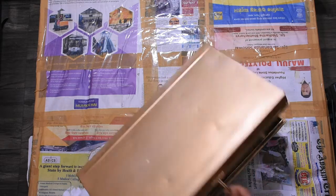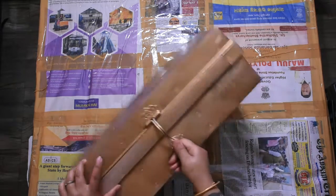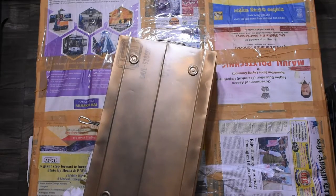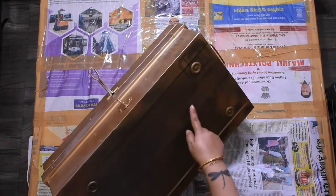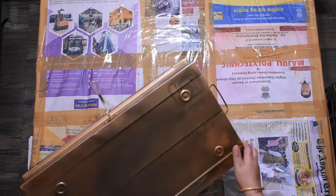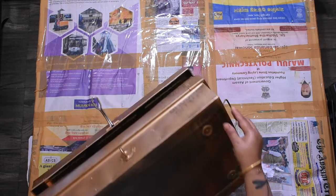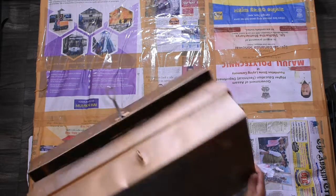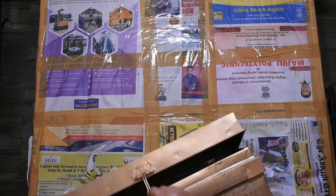So I wanted the gold showing, and here again on the bottom, I spray painted it first with black and then a bit with the gold. For some reason this did not get covered, but that's okay, let that just be there because I don't want to decoupage the bottom, but I will probably be adding some feet. So